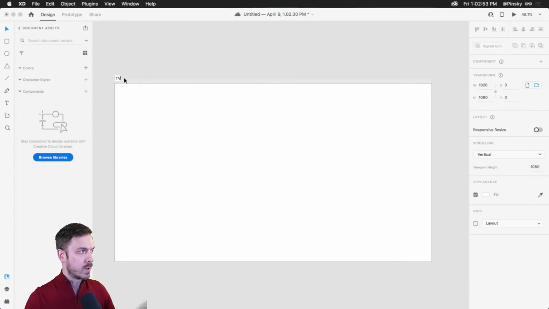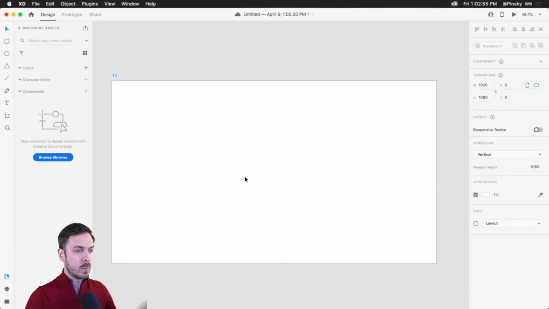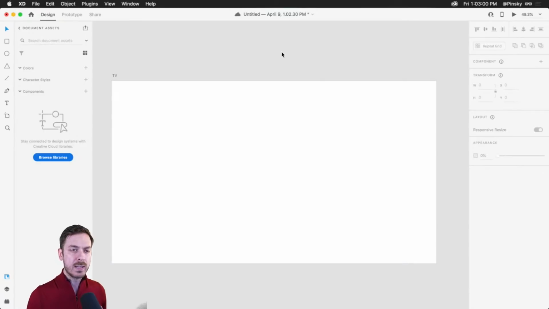So I'm going to name this artboard just to get going. And what we're going to do is start laying out our design. I'm thinking on this particular design, we're going to have a few featured shows at the top right here that we'll be able to scroll between, and then maybe some categories at the bottom. So we're going to start there, and then we'll see how far we get. And if anyone has suggestions on what we should be adding to media browsing experiences for television, definitely let me know.